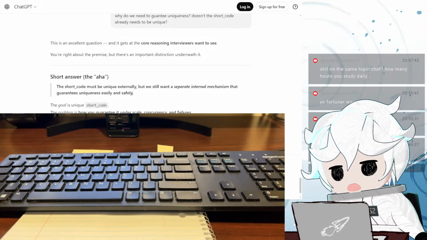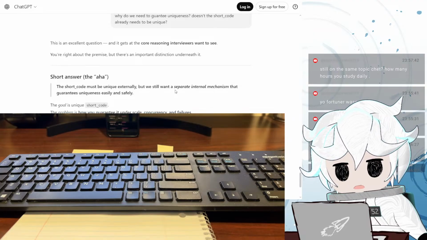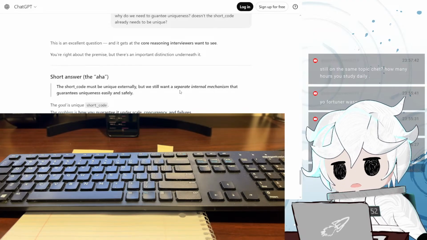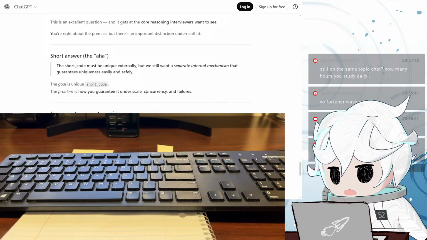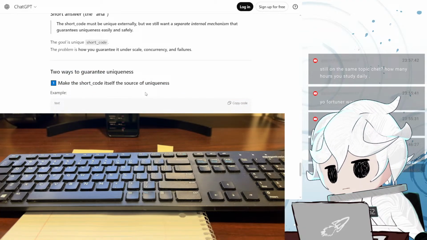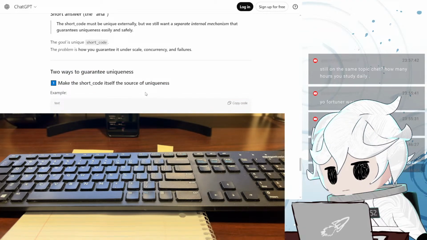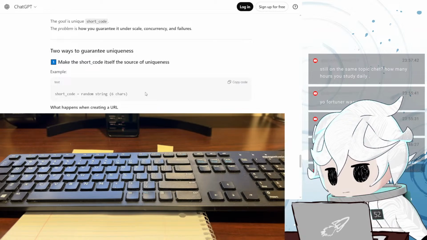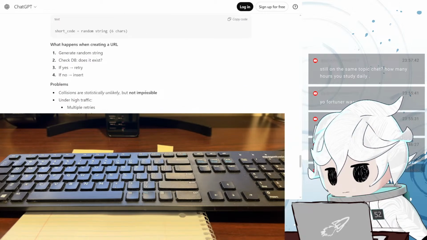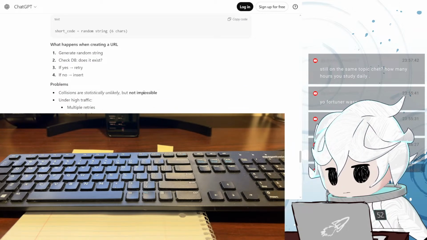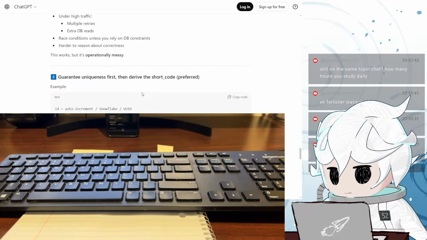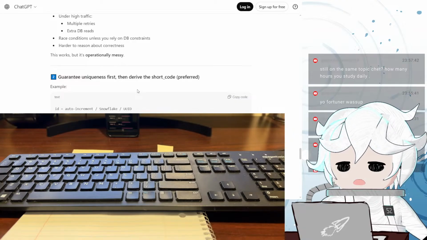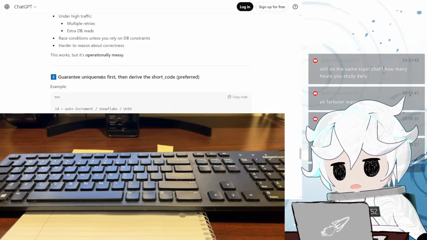Shortcode must be unique externally, but we still want a separate internal mechanism that guarantees uniqueness easily and safely. Guarantee uniqueness first, then derive the shortcode.